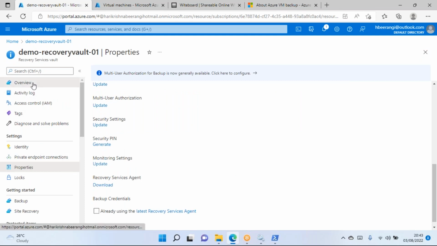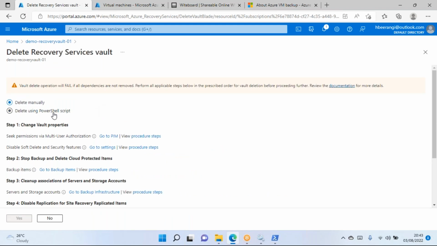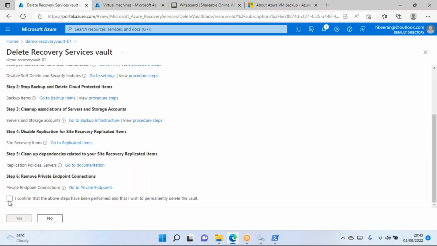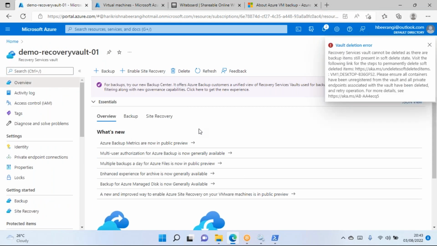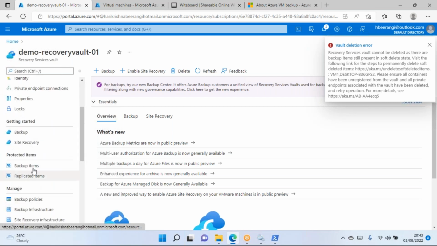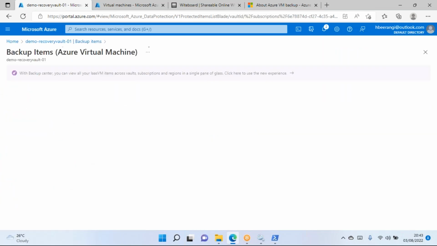So now let's try to delete, where it has taken some time, it seems for me. Delete the recovery services vault and then click on this and yes. Okay, still it is showing as there are backup items. Even though the options are changed, we still have some data there. Let's see,